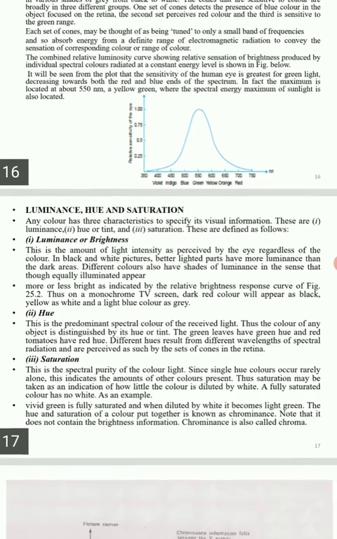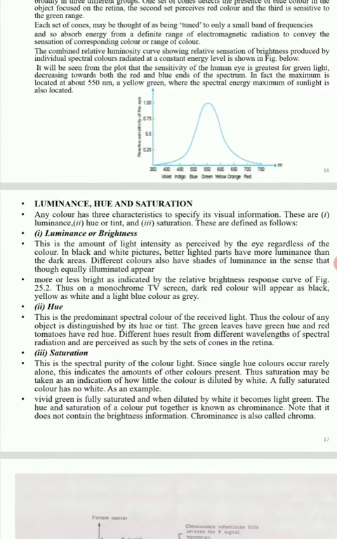If we talk about hue, it is the predominant spectral color of the received light, and the color of any object we distinguish by its hue or tint. Green leaves have a green hue, red tomatoes have a red hue.